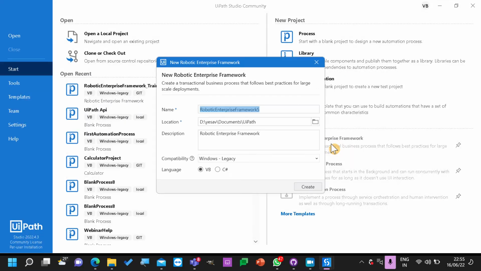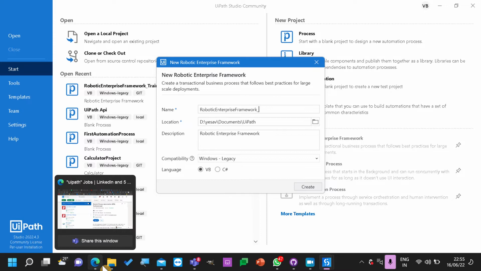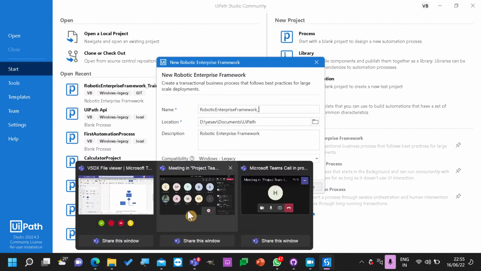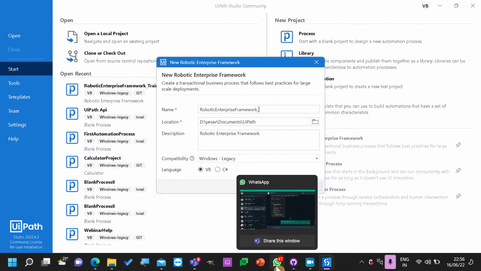Vajram, robotic enterprise, I have a doubt here. Yeah, tell me. For each day, the client is sending only one Excel file to process those records, and we have already completed it. So if the bot is triggered again by mistake, it will process again, right? Can we write a config file that records this file is already processed, so it will not take it again even if the bot is run mistakenly?